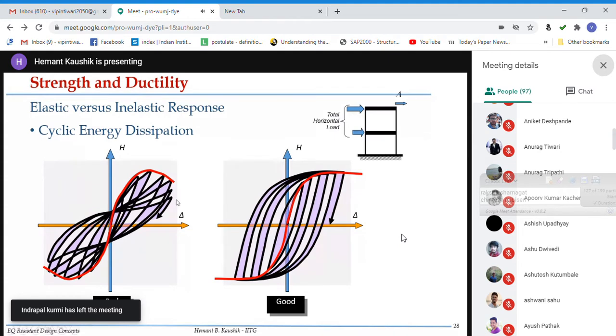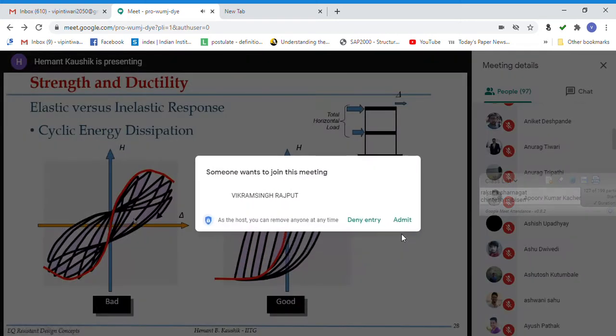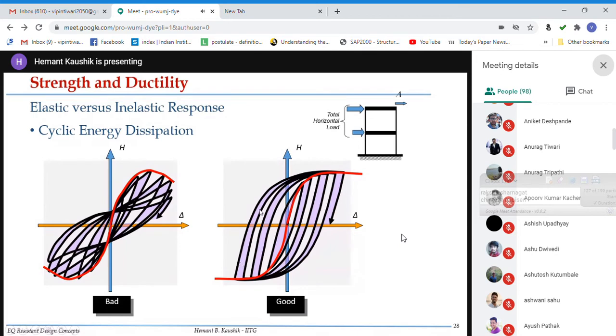So if I show you these curves, if I test this structure in the laboratory and I slowly keep on applying cyclic loads to and fro, I can plot this curve here like this. And those of you who have done some tests in the laboratory know that these curves are known as hysteresis loops. Anybody will tell you that these hysteresis loops are poor, these hysteresis loops are much better. And if you want to find out the area under each of these curves, this area will be much larger than this. So obviously the energy dissipation in case of this structure will be much better than